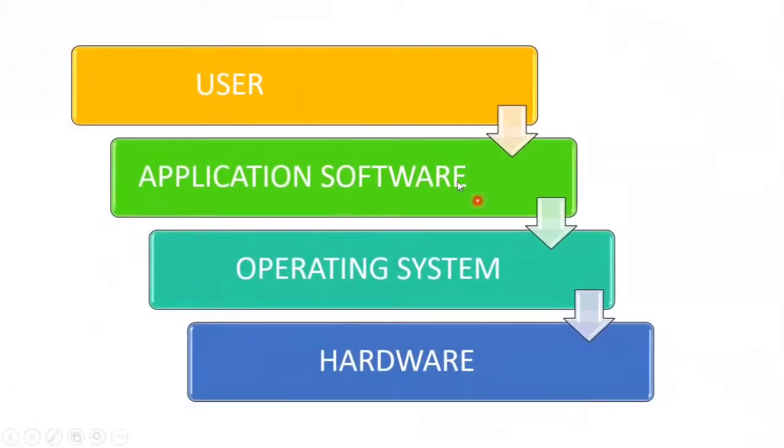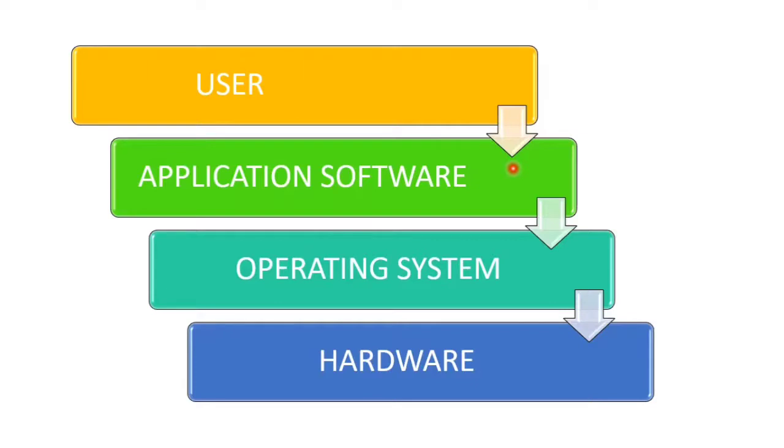Now let's understand how hardware and software work together. At the first level, it is the user, meaning we give instructions to the computer by using application software. What is application software? These softwares are generally designed for a specific purpose. For example, VLC media player, where you can watch a movie, but you cannot type text. For example, Microsoft PowerPoint, where you can make your PPT presentation, but can't watch a movie, right? So application software means software designed for a specific purpose.